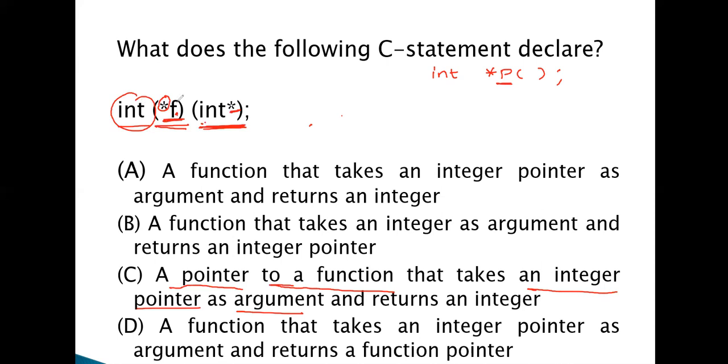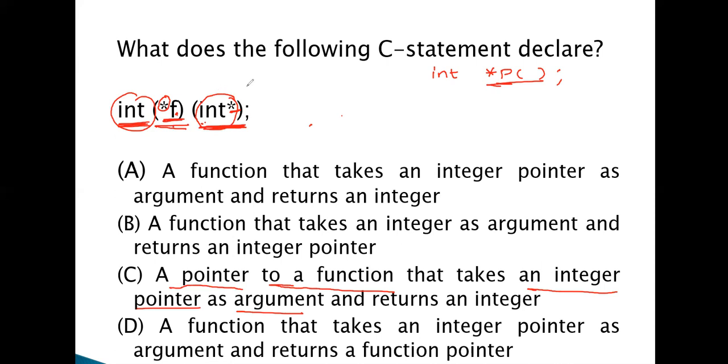Observe, here we are writing a star. So we are applying a pointer to a function, and it takes an integer pointer as a parameter and it returns an integer value. What is the meaning of this one? The meaning is simply that p is a pointer which stores the address of a function.